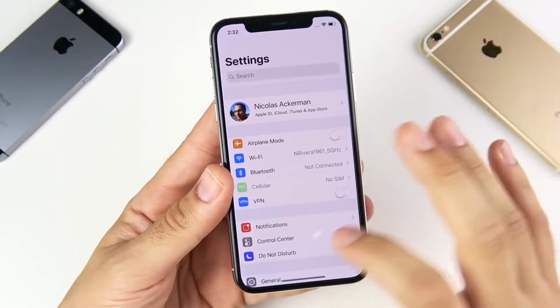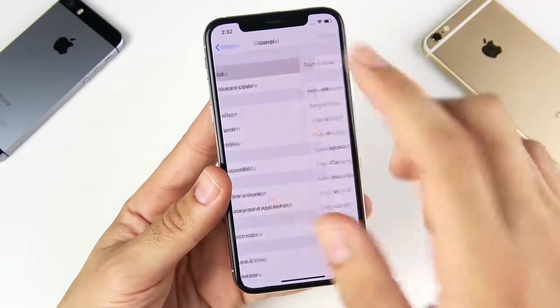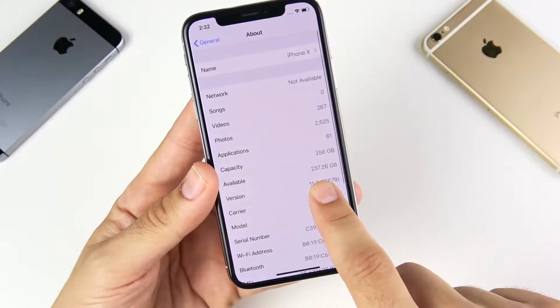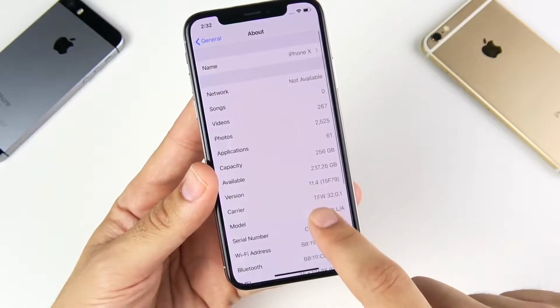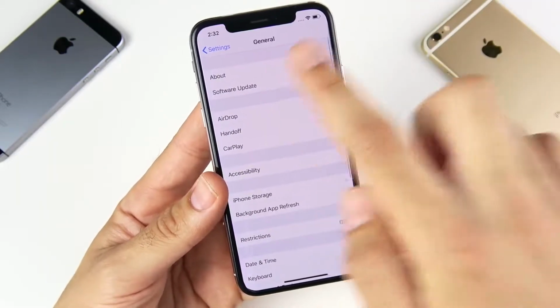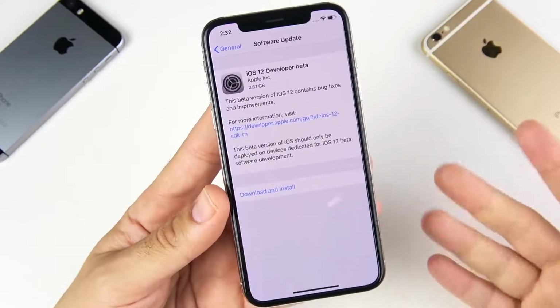Now I am on iOS 11.4 right now. Quickly, I just want to show you how much storage is on here so you know what you're going to expect when you update. 237.26 gigs remaining, on 11.4. Going over into the software update, to download this, you do have to be a developer,